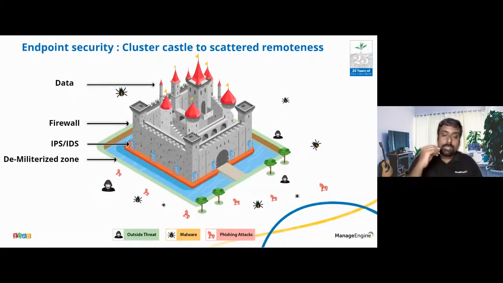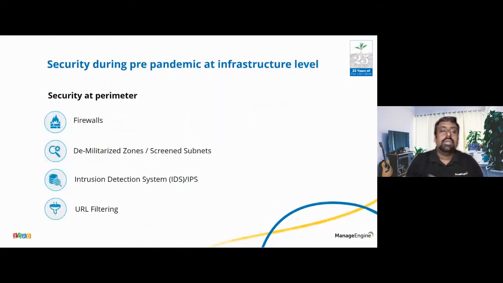So I've just mentioned some of the security layers that have been very important or crucial for an organization, pre-pandemic and then post-pandemic. We all worked inside. We loved the castle, but we abandoned the castle right now. That's the condition that we have. Now all our endpoints, which had all these perimeter levels of security, intrusion prevention, URL filtering, DMZ zones.